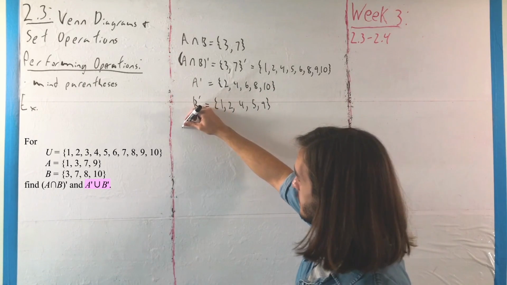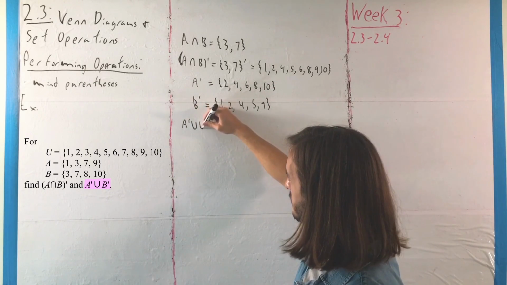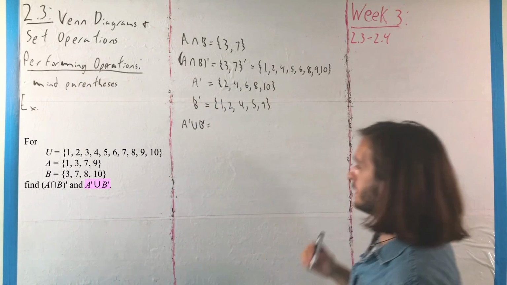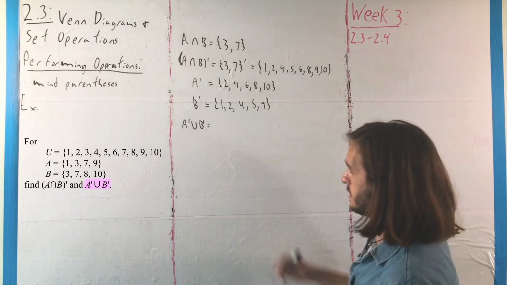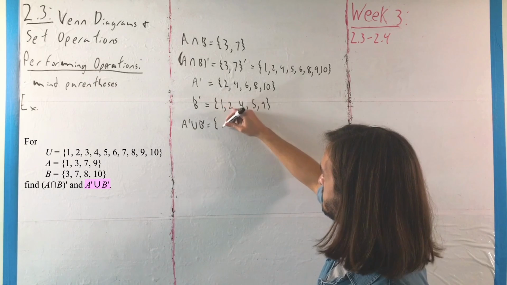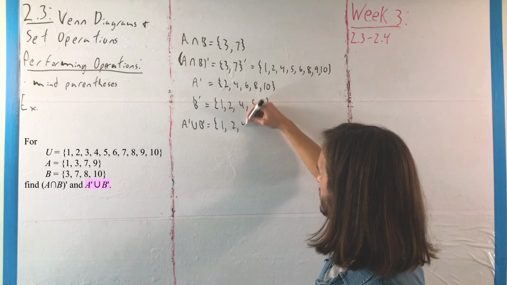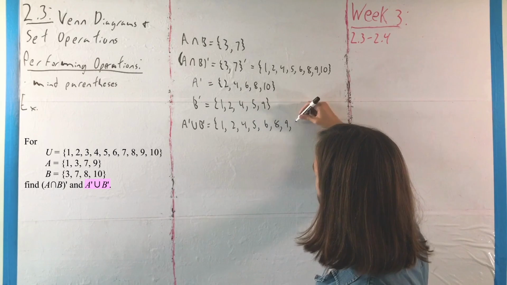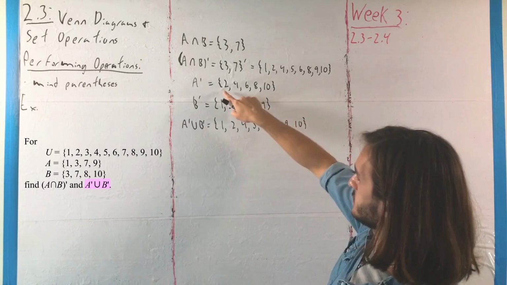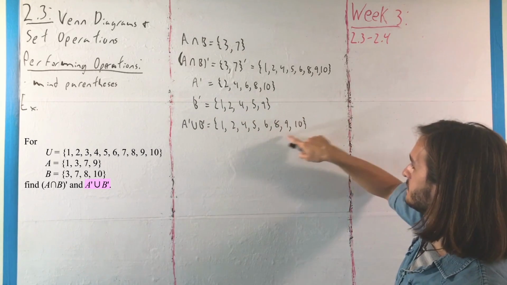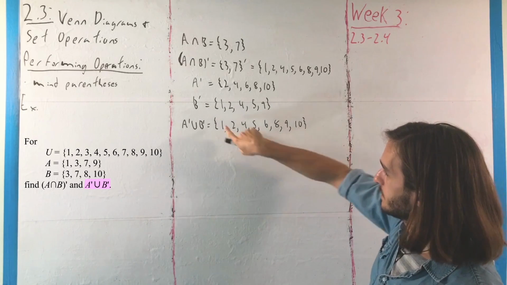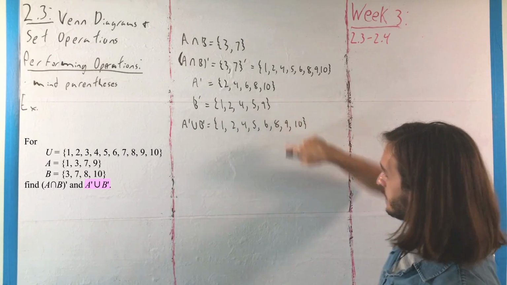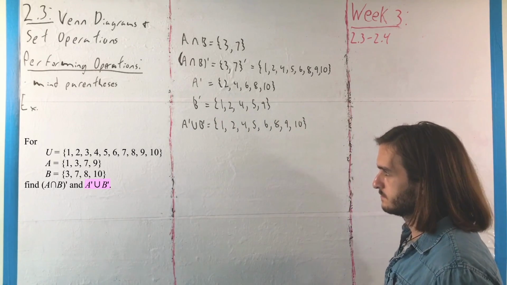So if we want to take A complement union B complement, what we will end up getting is 1, 2, 4, 5, 6, 8, 9, and 10. That is, we'll get 2, 4, 6, 8, and 10 from A complement, along with 1, 5, and 9 from B complement. Or in other words,